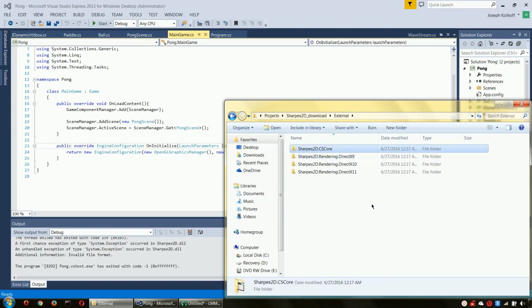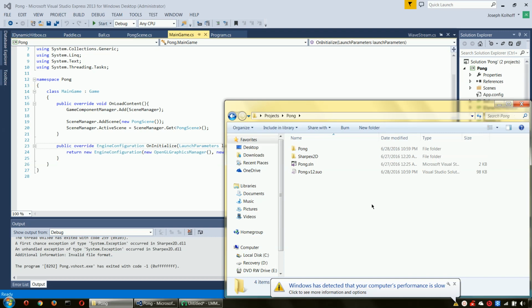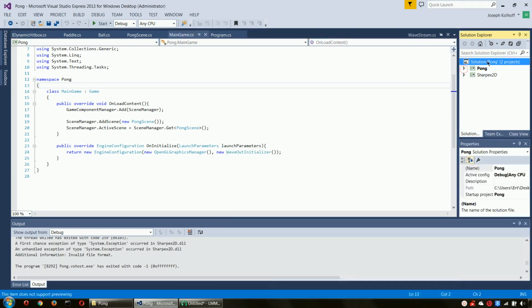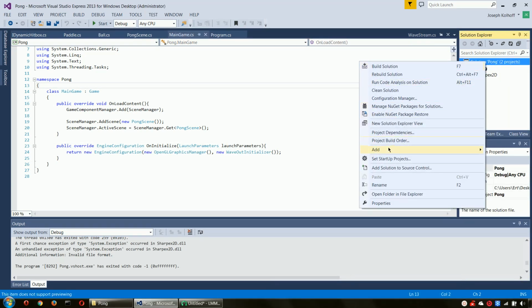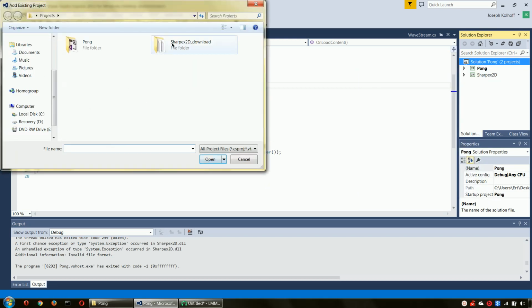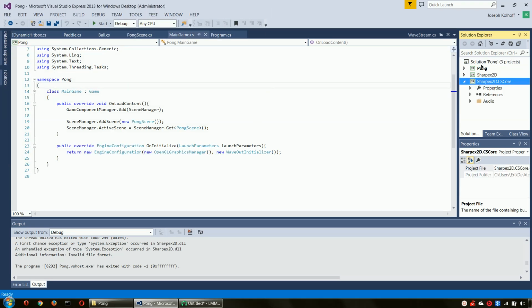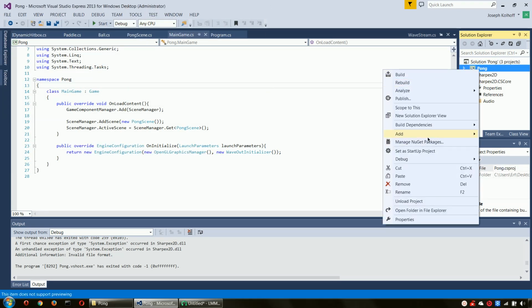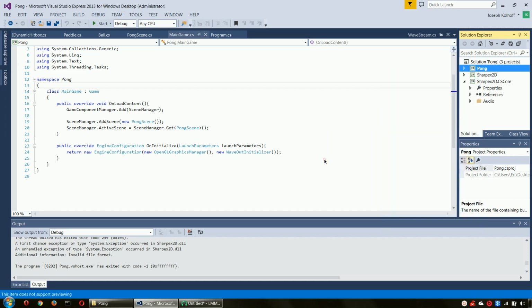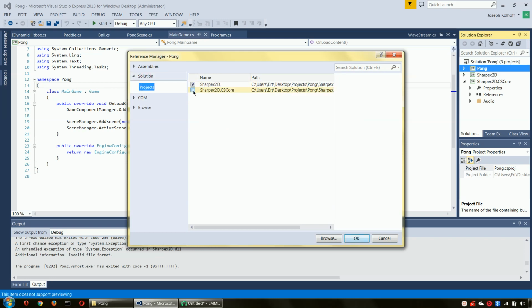There's this Sharpex2D.cs core project. I'm going to copy that into this place, so I'm going to have 3 projects all together in this solution. I'm going to do what I did before in the beginning, and I'm going to add existing project, go to CS core, add that,